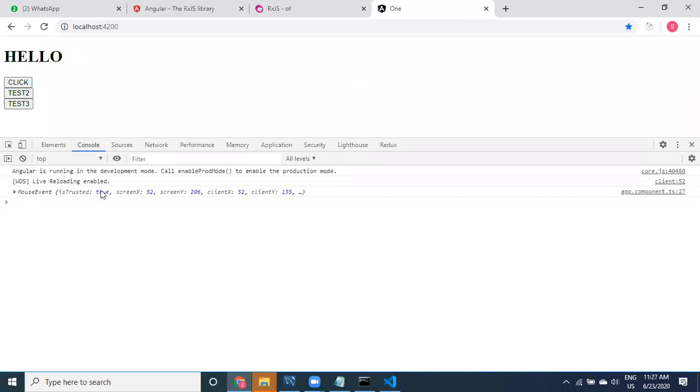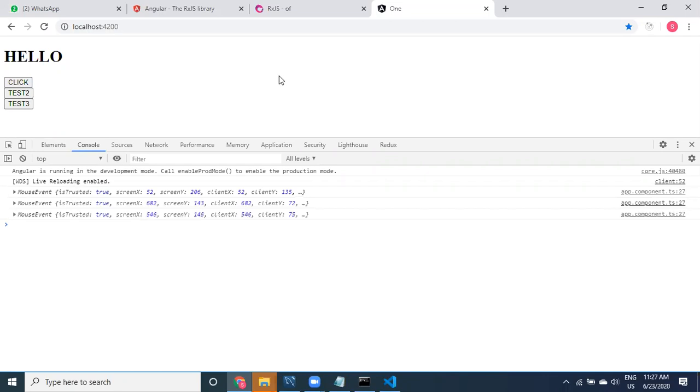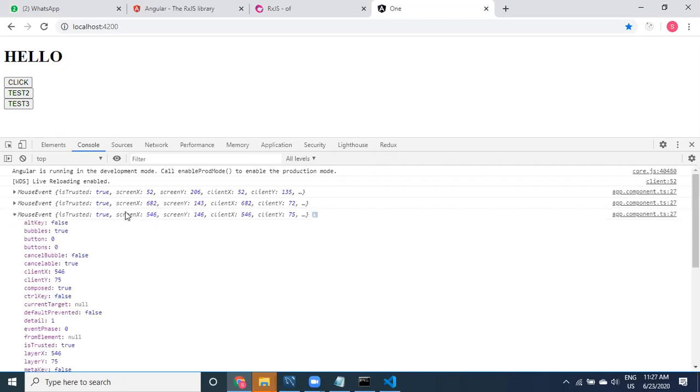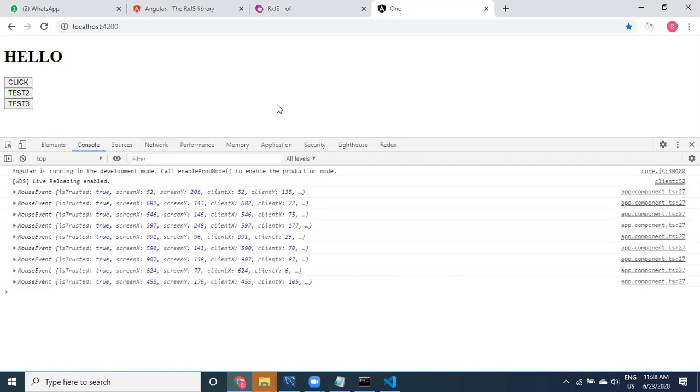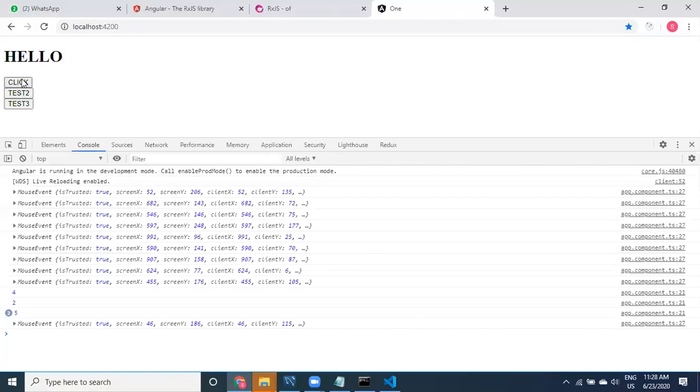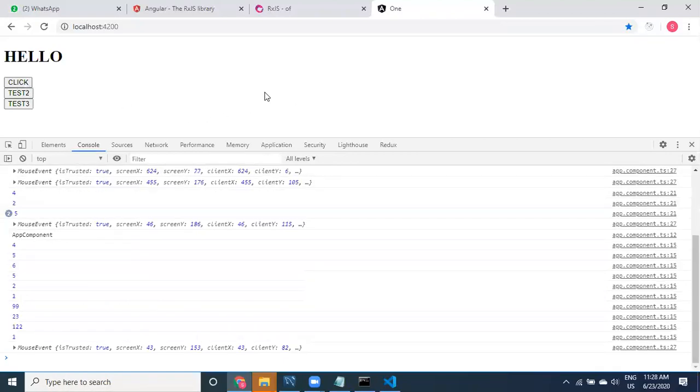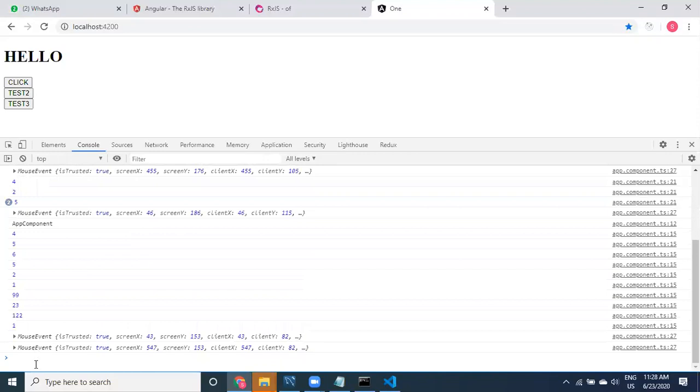See here, one event came. Let's look at it, guys. Wherever I click, see here, it is mouse related. Exactly where I have clicked, you can see the screen X, screen Y, all this information, wherever you click. However many times you click, it keeps receiving the events, right? This observable is working. The same way, other observables you can write, and other clicks also happen.